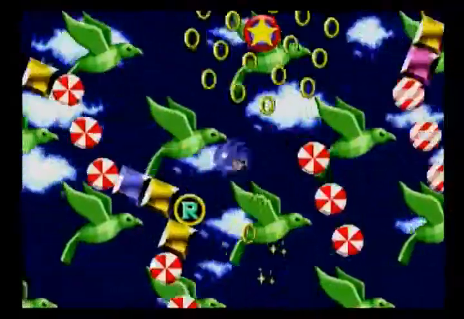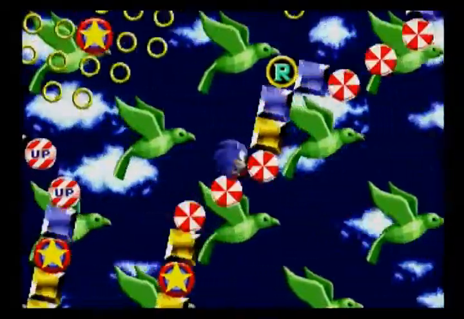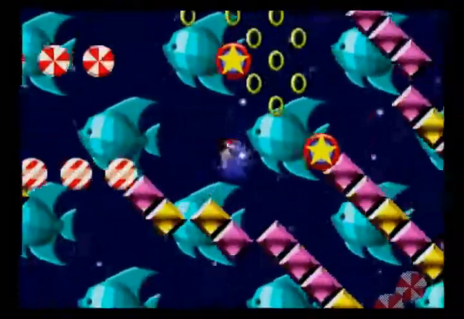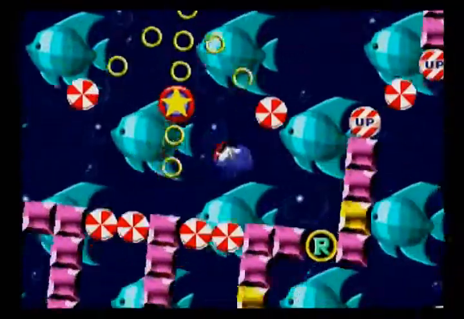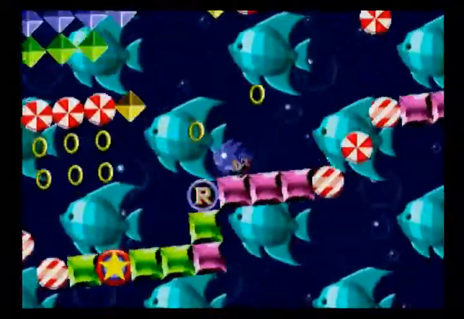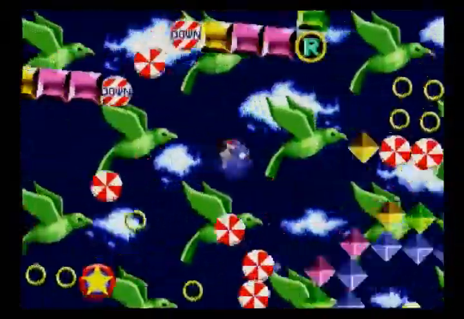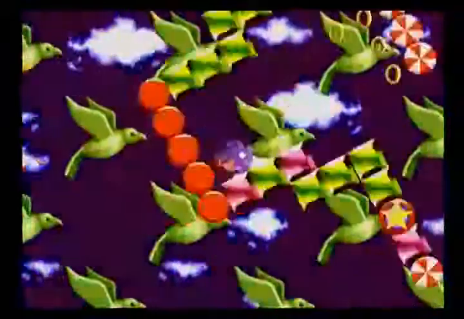Anyway, I guess I can explain more of the special stage while I'm here. I'm sure you noticed all these tiles throughout the stage. Most of them, which are just a bunch of colored blocks, don't do anything. But as for those peppermint-looking things, there are 2 of them. One of them says up, the other one says down. If you make contact with the up peppermints, the stage will rotate faster. If you make contact with the one that says down, it'll make the stage